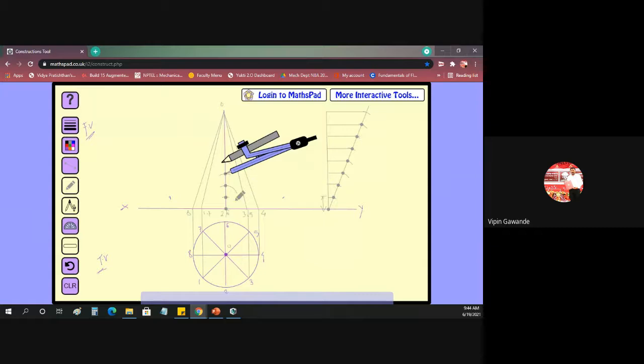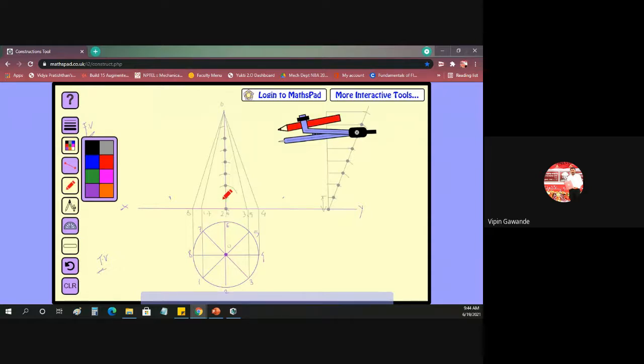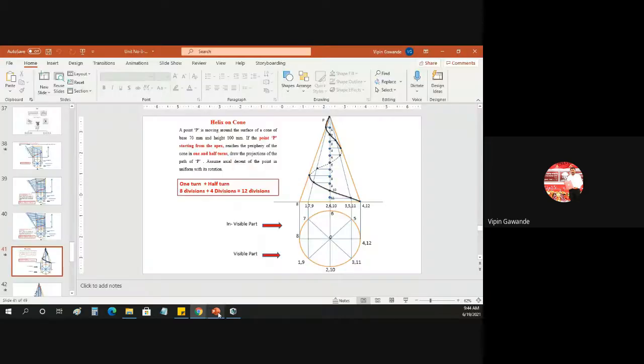Because here the construction would get mixed up, so I have taken all the divisions outside. I have made the divisions of the axis outside. Then how many divisions are there? 1, 2, 3. Then the next is 4. Then this is 5. Then this is 6. And this one is 7, and the last division is 8. So see what we have divided. We have divided the circle into, this is 1.